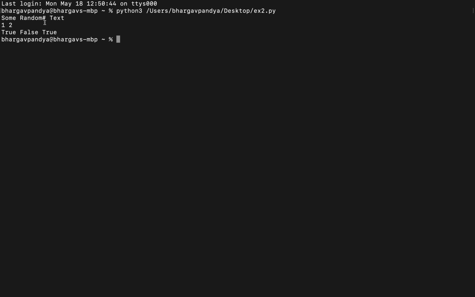So now if you notice, this hash character is still being printed since it was enclosed inside the print statement and inside the double quotes, while all the other hash characters, which were our basic comments, are not being printed,